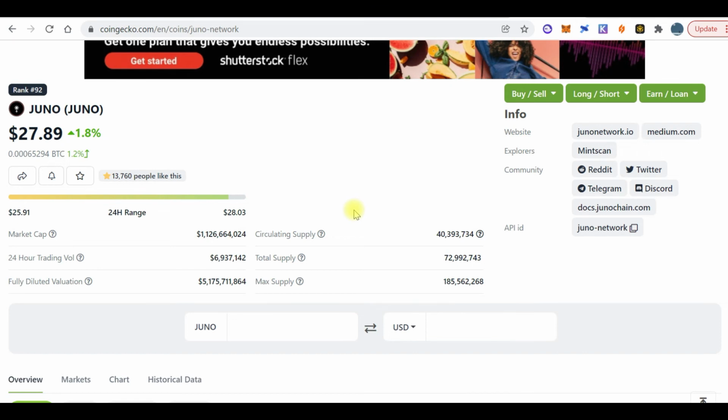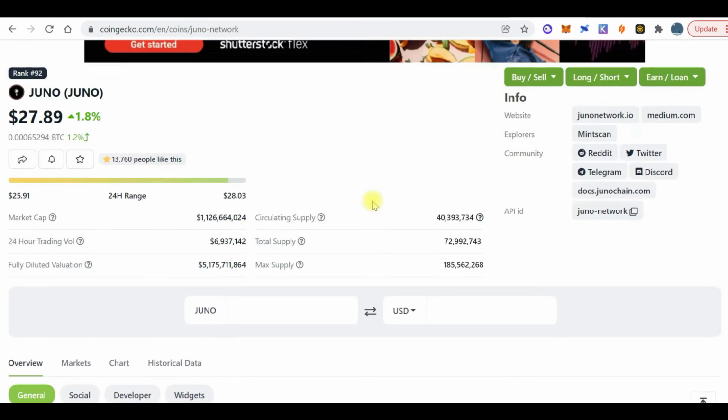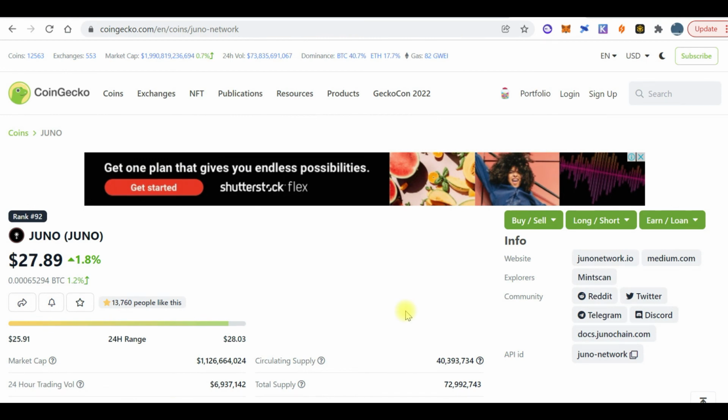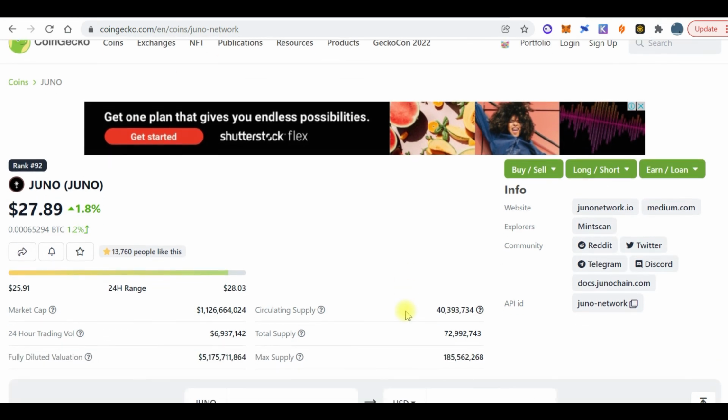This would onboard so many developers into the blockchain, and it also makes it possible that apps that were written in other languages, running on other blockchains like Solidity or on Solana, or probably even on Cardano and all that stuff, can easily be brought to Juno without having to rewrite those apps. So if that happens, or as Juno develops over time, a $1 billion market cap is